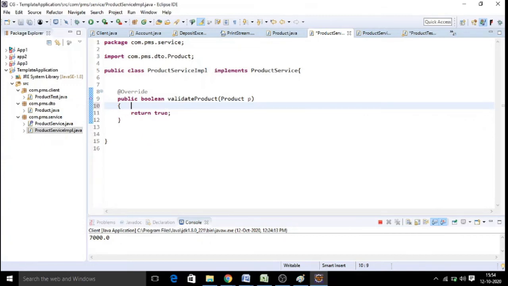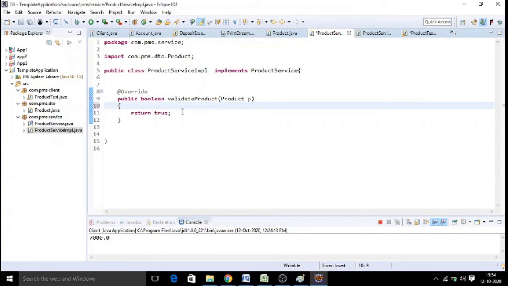It can be that your product ID should be from 1 to 100. It can be that product ID should have 3 characters. It can be that the product ID should not have length 5 characters. Whatever the specification may be, that requirement specification depends on the case study. It varies from application to application. Here I am just giving a simple requirement specification like the product ID should be in the range of 1 to 100.